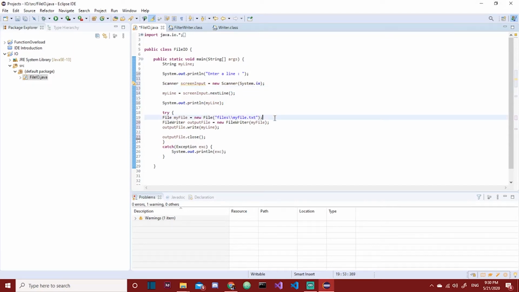We're going to be doing the same exact thing that we did in the last video, except with Java now. So Java, in my opinion, is a lot more complicated in how it actually does this. So to actually output to a file, first off, we need to get the input that we want to send